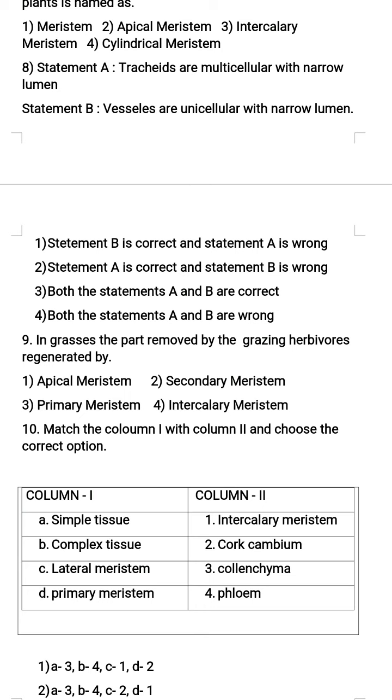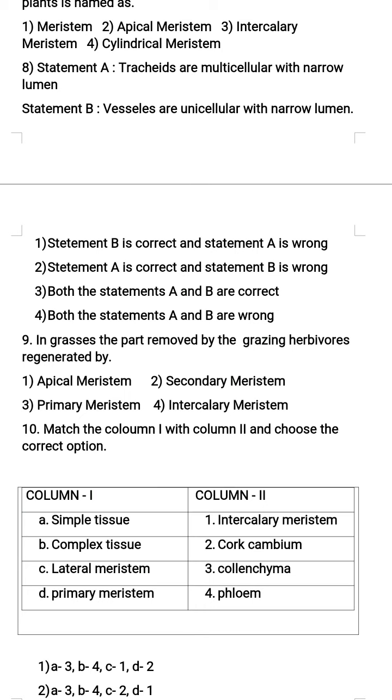The flowering plants, especially angiosperms. In angiosperms, tracheids and vessels are the main water transporting elements. Next, these xylem vessels is a long cylindrical tube-like structure and made up of many cells called vessel members, each with lignified walls, and a large central cavity is present. And these vessels are also devoid of protoplasm. It means protoplasm is absent.